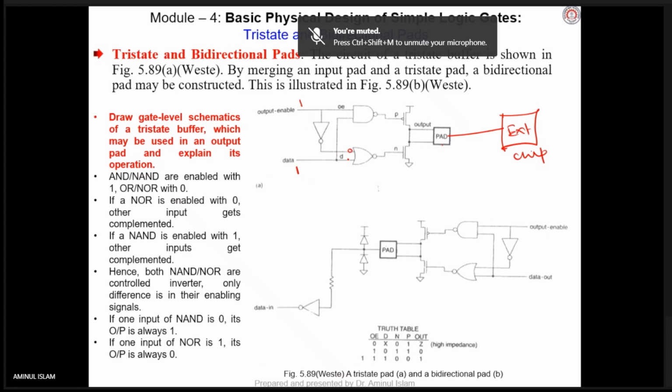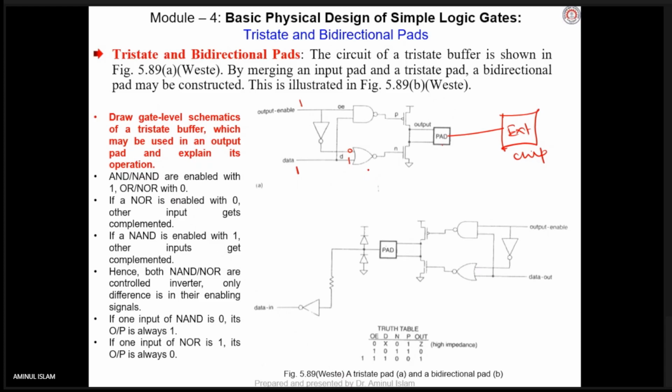So if it is 1, then 0 is coming here. Here is 1. So 1, 0, what is the output of the NOR gate? 0. So this is 0, which means the MOSFET is off. This MOSFET is off. Now let us look at here. This 1 is coming here. This is also 1. Both are 1. NAND gate, so output is what? 0. This is on.